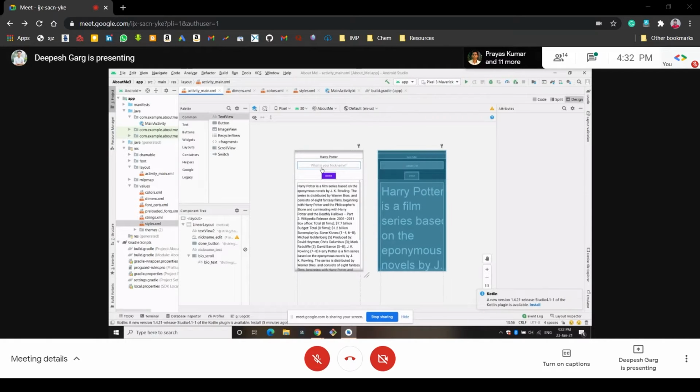Whenever he or she opens that app, he or she will see that editable text view is present there, and has to write something in that space. So first, he or she will add some text inside that.